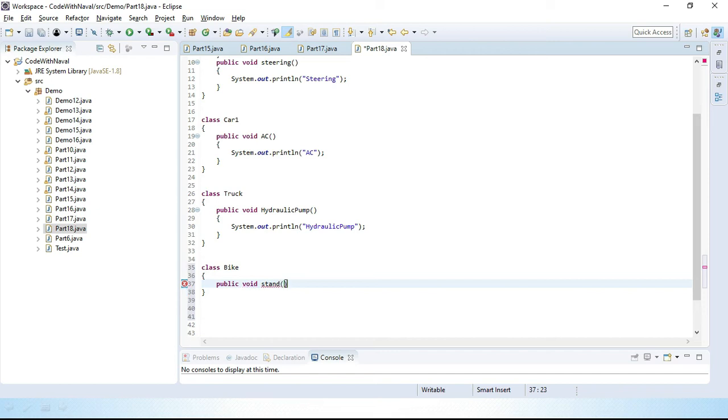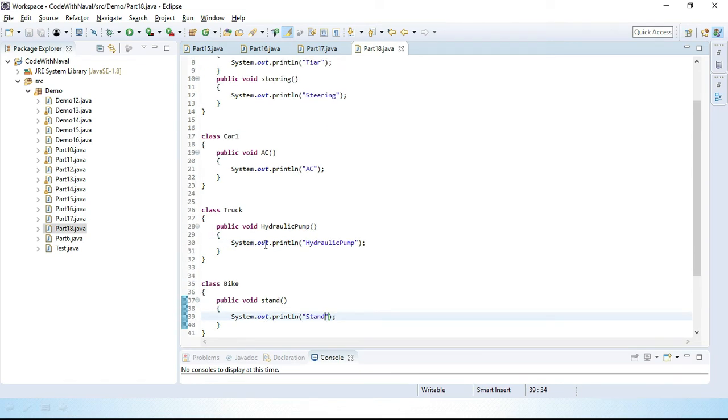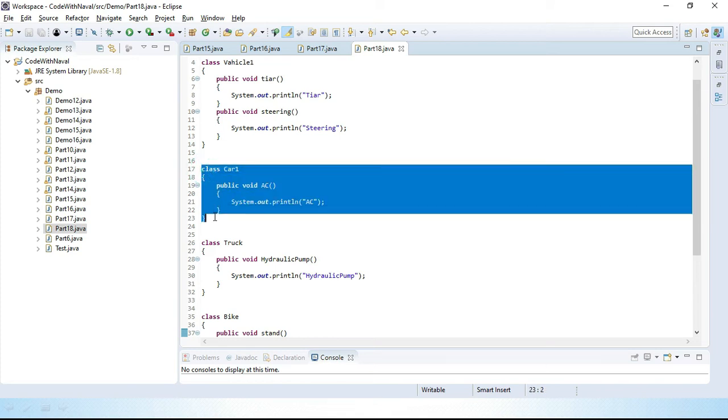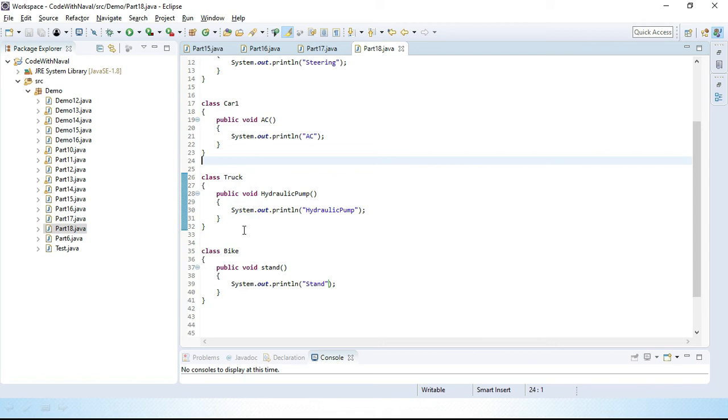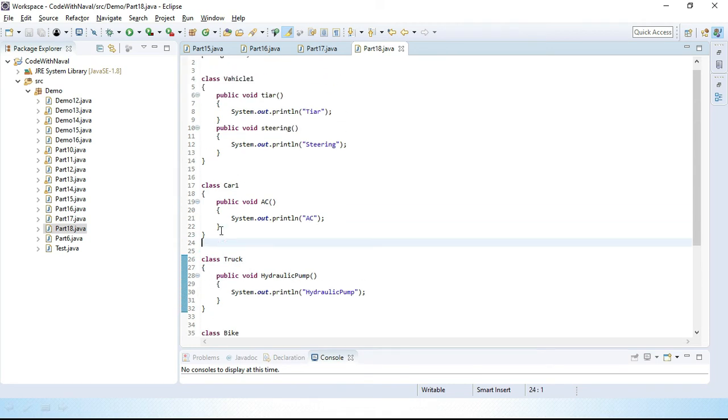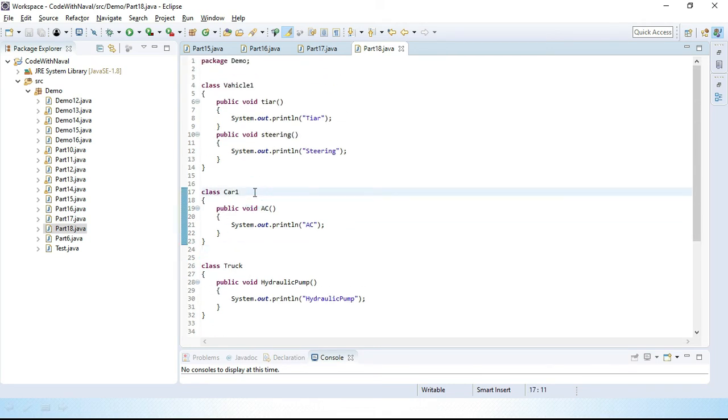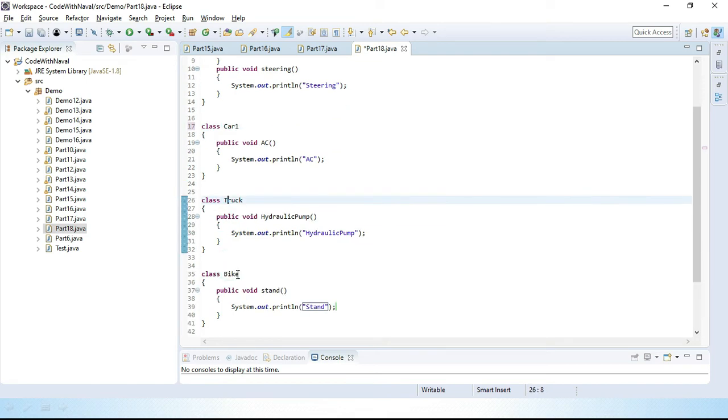I'll create a stand method, and inside it I'll print stand. Now you can see here we have three different classes. One is the Car class, the second is the Truck class, and the third is the Bike class. We simply extend this Vehicle in Car as well as Truck as well as Bike.